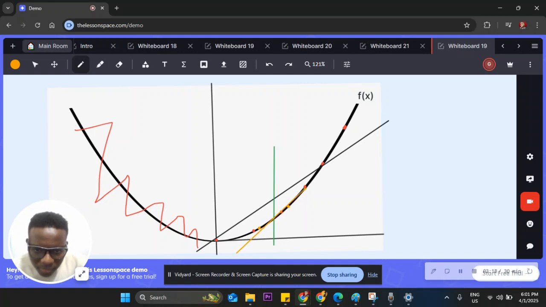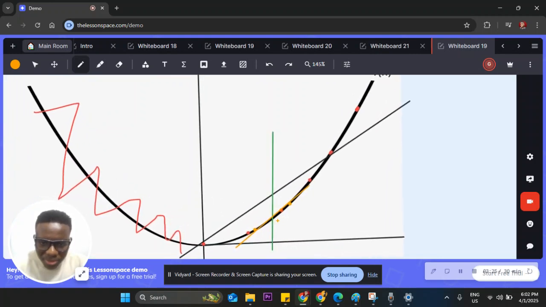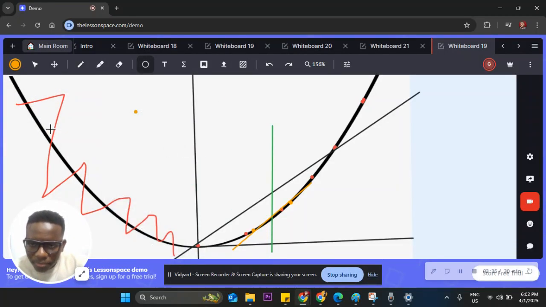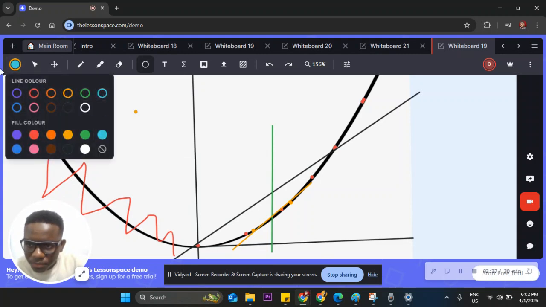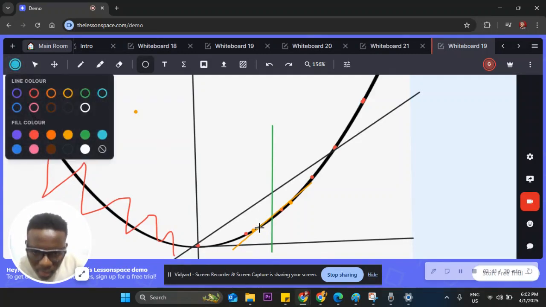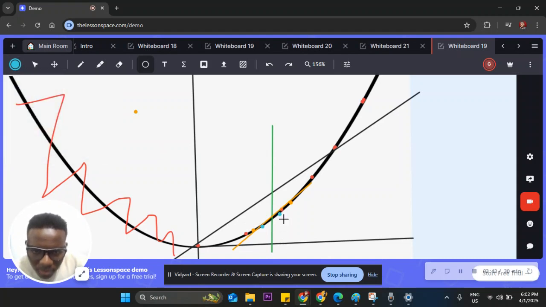But then, this is still just an approximation. One thing I can do if I'm not satisfied is to keep decreasing this line and say, okay, let me at least find the tangent line between this point. But then I can keep on decreasing my delta x and keep on decreasing my delta x until I get